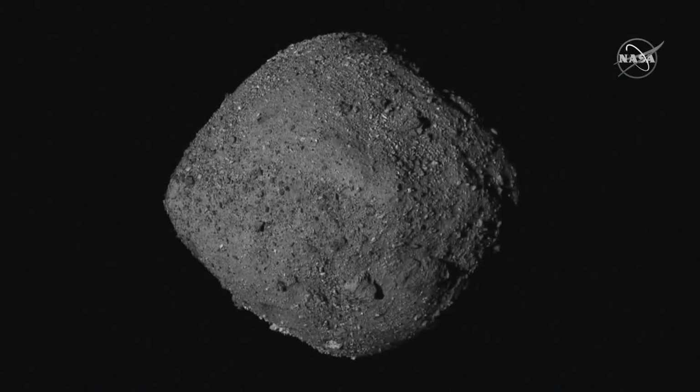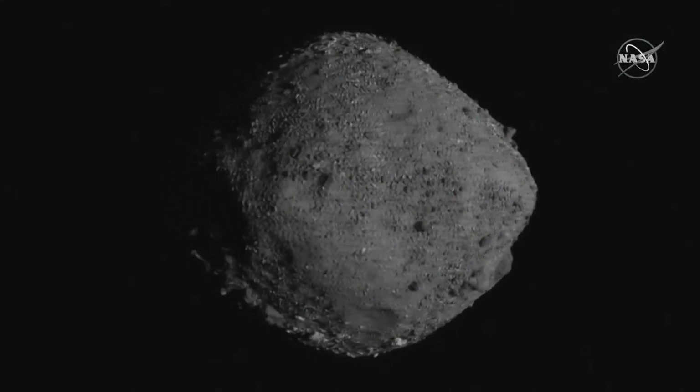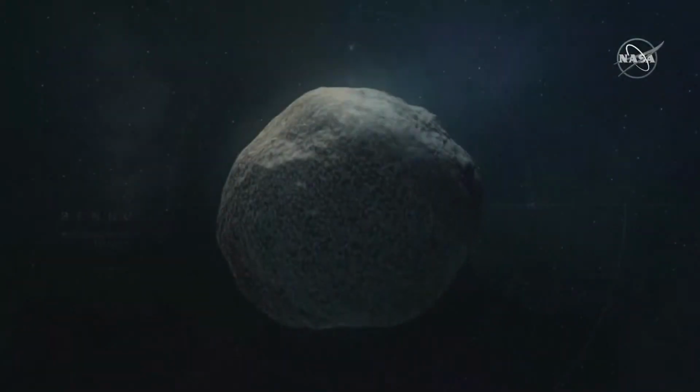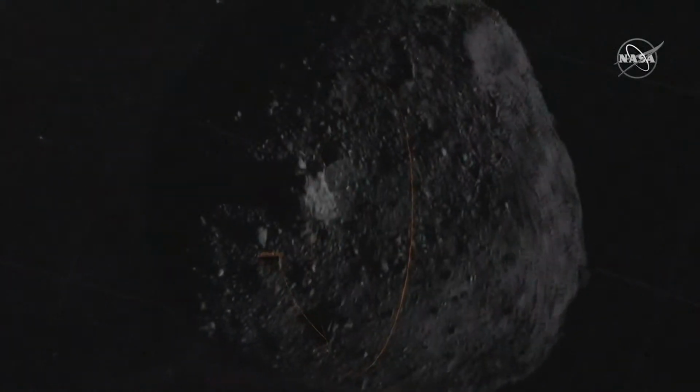We were looking for locations on Bennu that were 50 meters in diameter, relatively flat, and covered with fine-grained material. And by fine-grained material, I mean stuff that's the size of a dime or smaller. We realized that there were no sites on Bennu that even came close to meeting this criteria. Everywhere we looked was too small and covered with boulders. So we actually had to fly a number of additional close passes